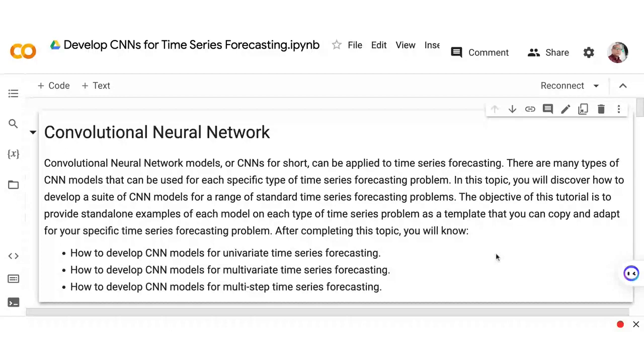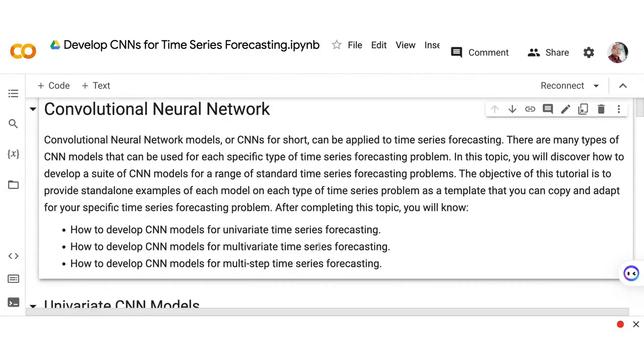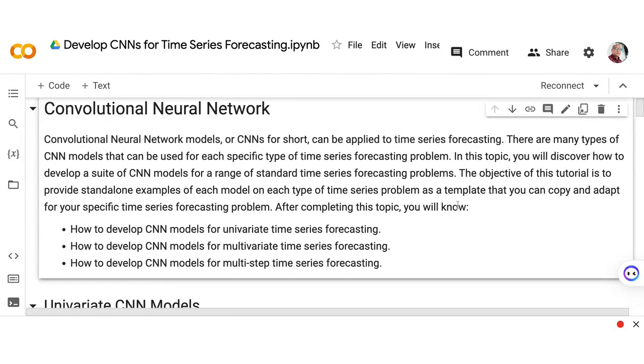So as you can see from this module that we are discussing, we will try to discover how to develop a suite of CNN models, and it will be applied for a range of standard time series forecasting problems. Now, the objective of this tutorial is to provide standalone examples of each model on each type of time series problem as a template.